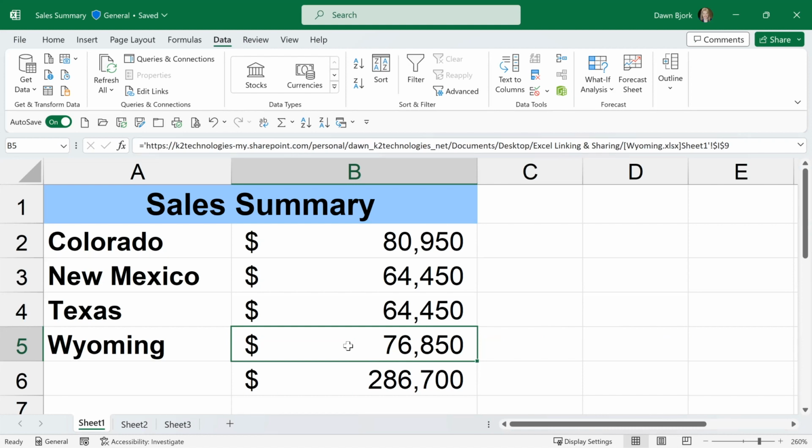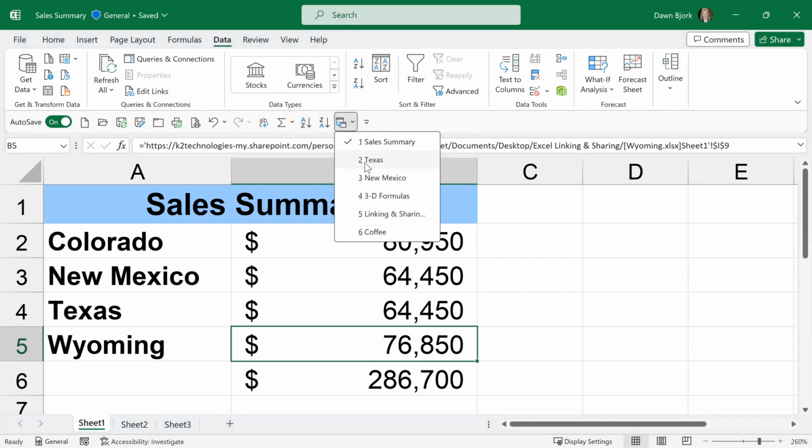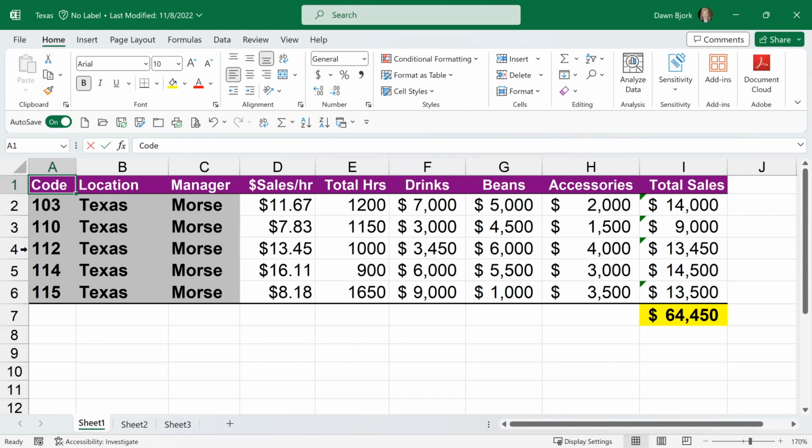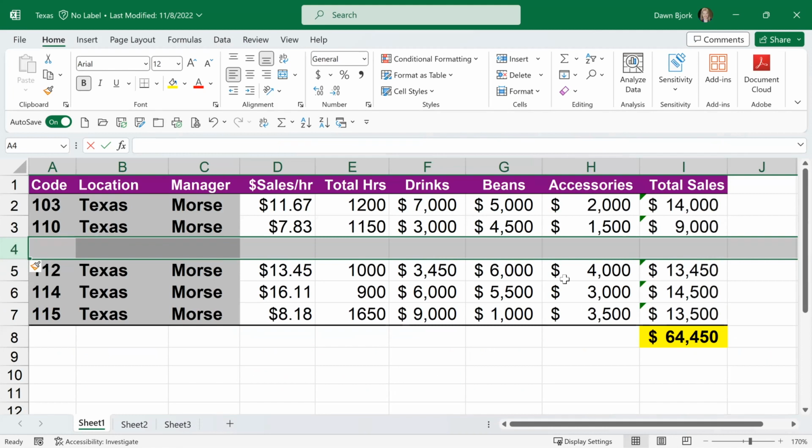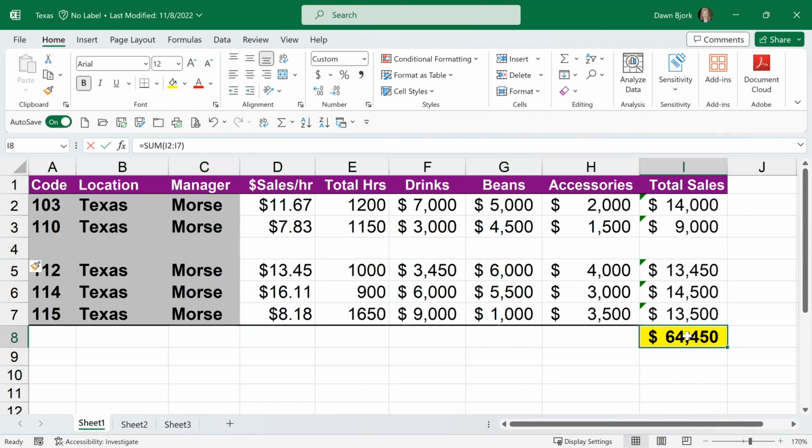It's good to know, first of all, how to manage the links and how to make changes to that. And know as well, if we move to one of these sheets, so let's say we go to the Texas sheet, and if I insert a new row,